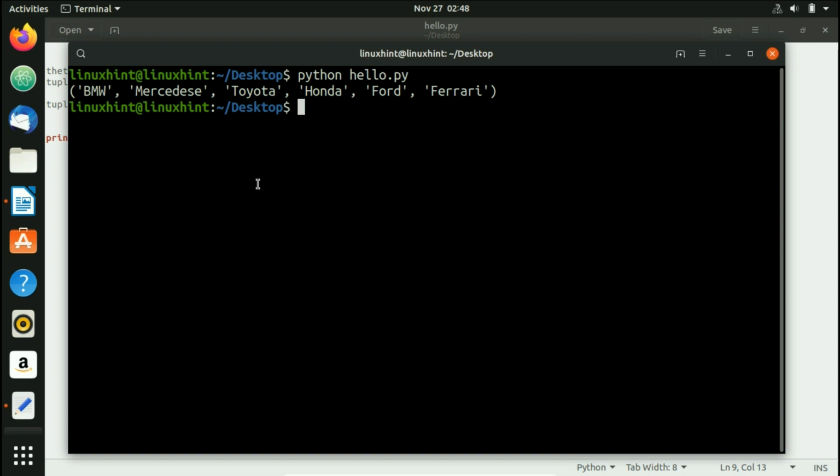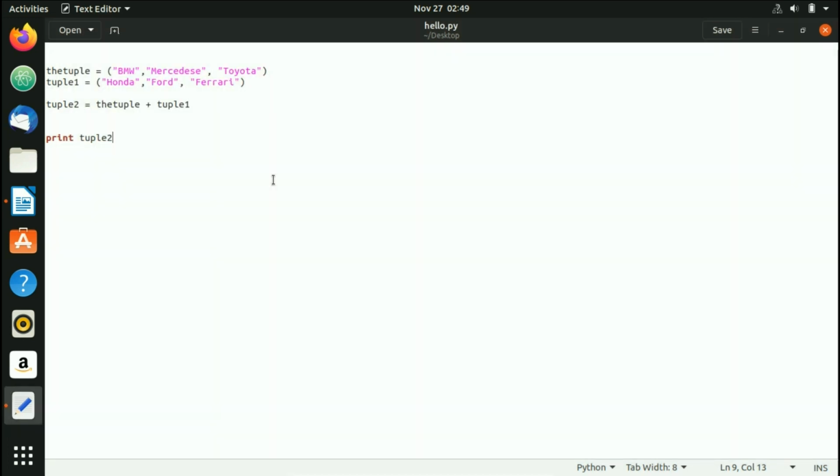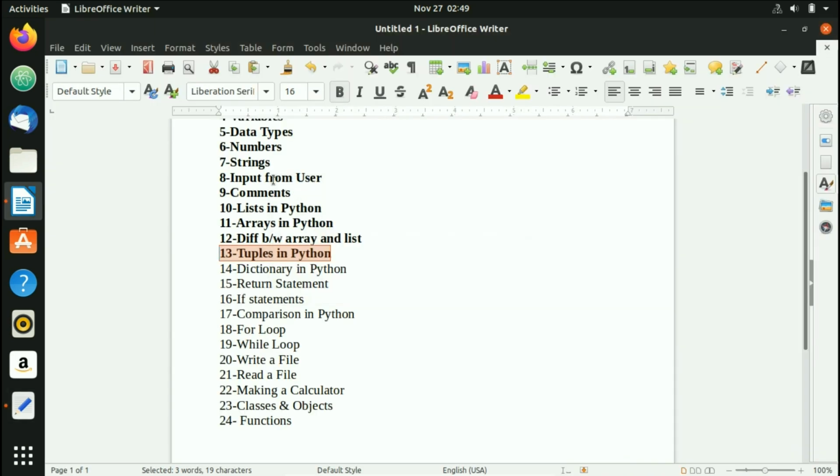Okay, so I hope you've got the point. So yeah, there are other tuple methods such as count and index that you can use on your own, and you could learn more about tuples. So go ahead and try those methods and test them and do different sorts of things with them. Create your own logic and execute it. It would really benefit you in terms of knowledge. So now let's move on to the next